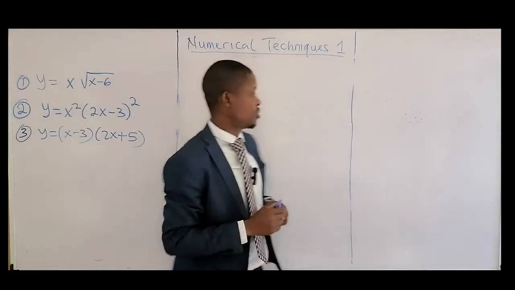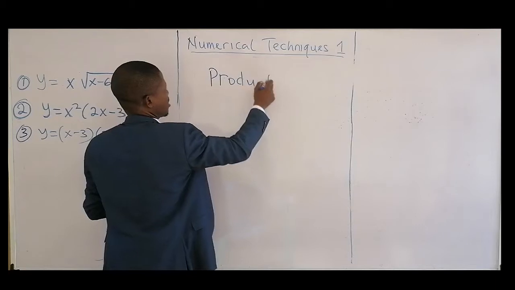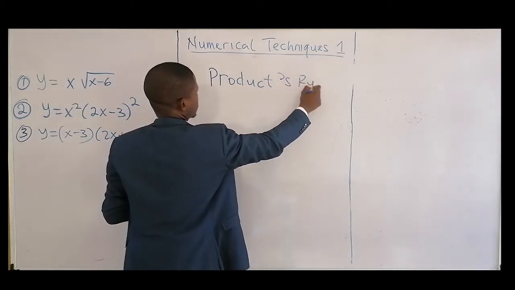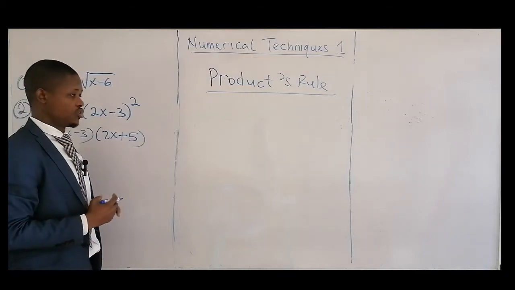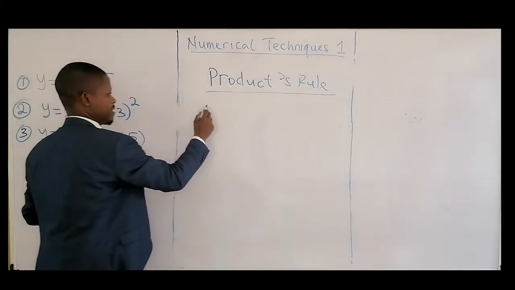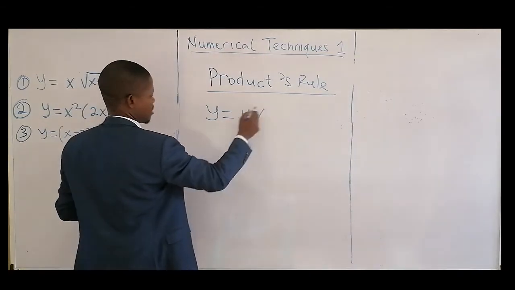We'll be looking at our product rule. This is one of the methods we use for differentiation, and it takes the form of this: y equal to uv, where